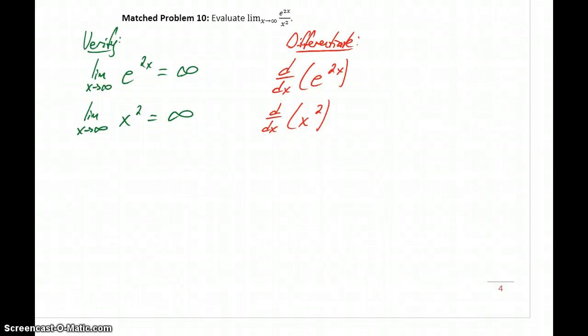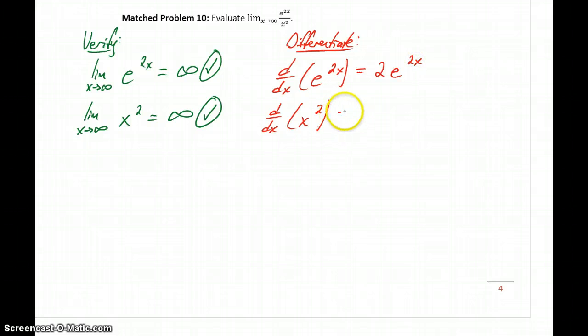For this last match problem, I got myself off to a bit of a head start here, since a number of these steps are a little repetitive. So we started off by verifying the conditions here. We take the limit of e to the 2x, that's headed to infinity. The limit of x squared is also headed to infinity, in both cases where x is heading to infinity. So the conditions are met, and we can evaluate the derivative of each of our two functions,